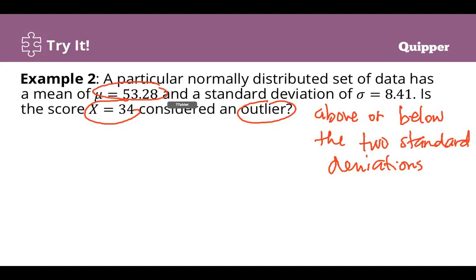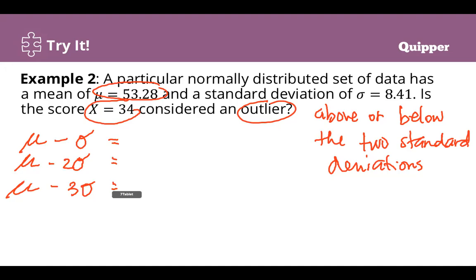So since yung x natin is less than the mean, it will fall doon sa below. Okay, so ang ating gagamitin mga formulas are yung minus na formulas natin. Okay, so we have the mean minus standard deviation,